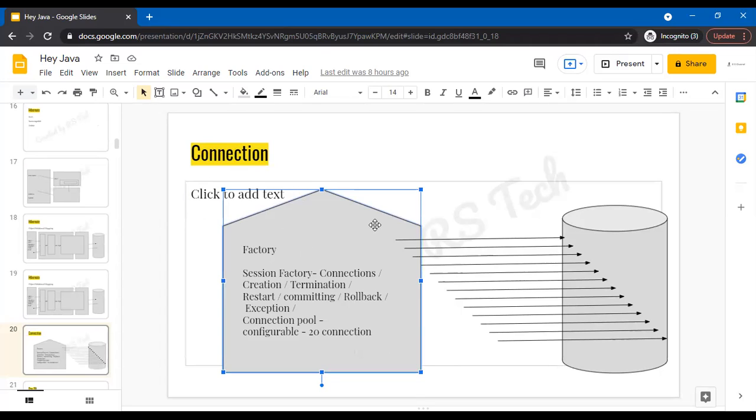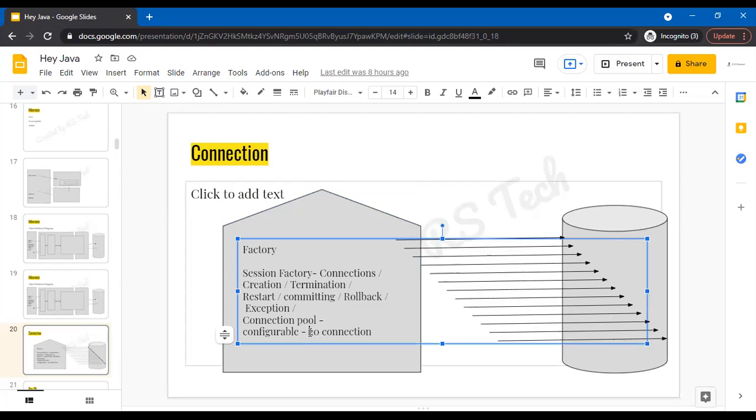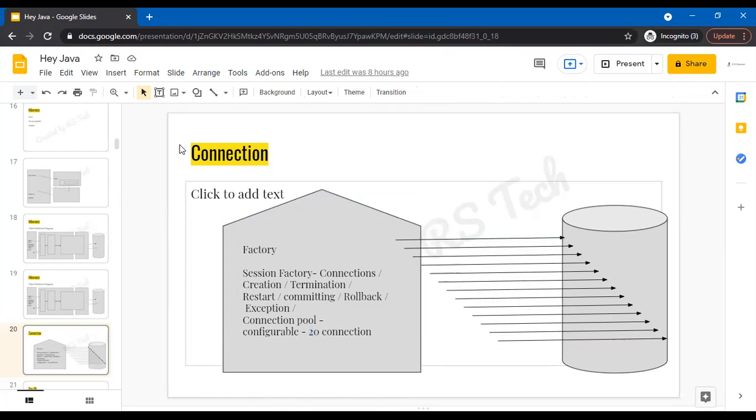So the same way, connection factory with respect to Hibernate, when Hibernate starts, these connections are getting created. We have these many arrows because this is a configurable value, and since it is 20, Hibernate starts and gets the first 20 connections, and we saw about connection pooling and how do we configure Hibernate from scratch.